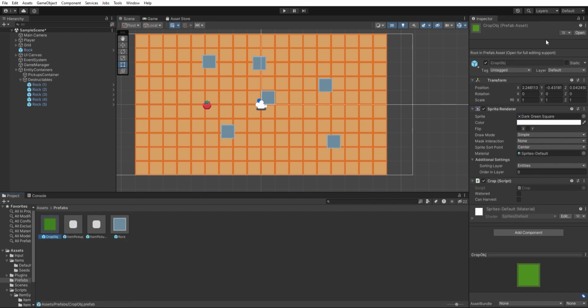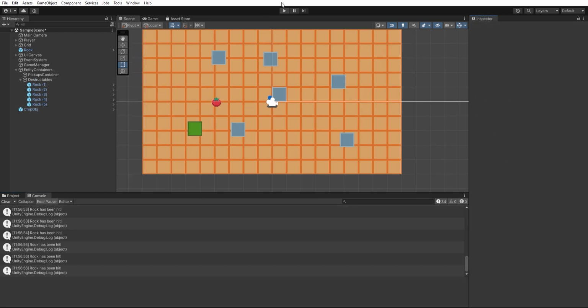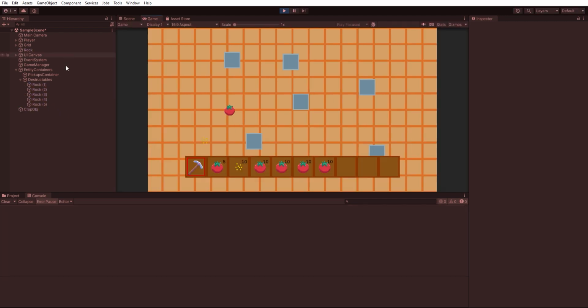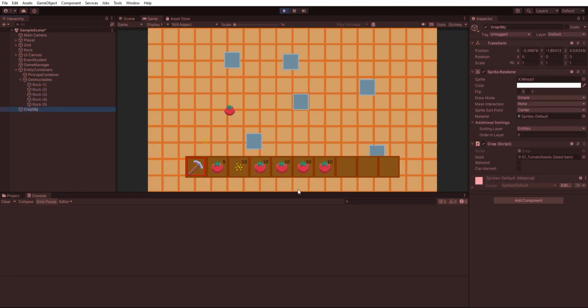That's the plant script. Okay, I think I finally got it working with the crop. So I got the object in here. It's currently initialized to just have the tomato seed object, so you'll see it holds it here. I don't have any systems to use player interaction to water it, so I'll just do it in the inspector. But as you can see, that green box here turns into the seeds right here, which signifies